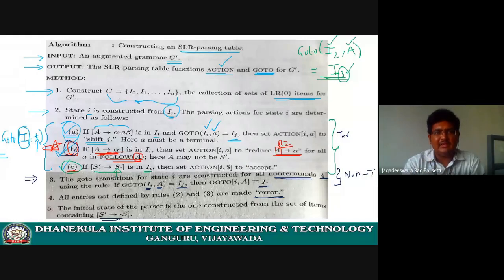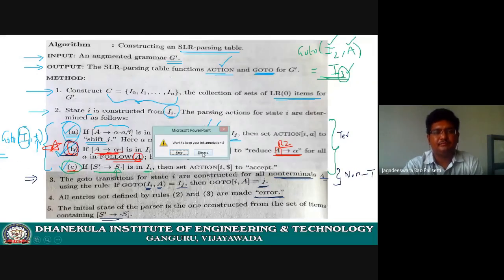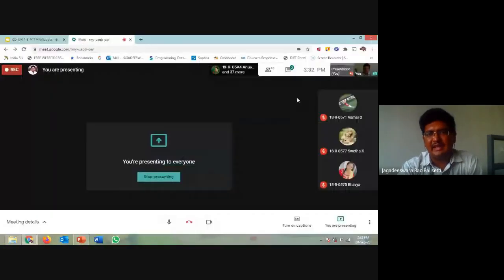Is there any new thing? Yes, only the step B, what is written under step 2 here, is the only new thing. Am I clear? It means we need to construct the follow function in SLR. Whatever the follow function gives, a set of terminals, in those positions only our reduce action needs to be performed. That is the meaning in SLR. Any doubts in this algorithm? Anyone have any doubts in the SLR algorithm?